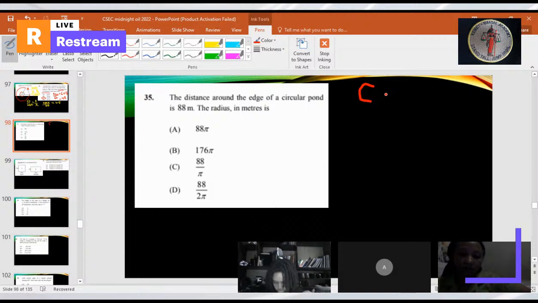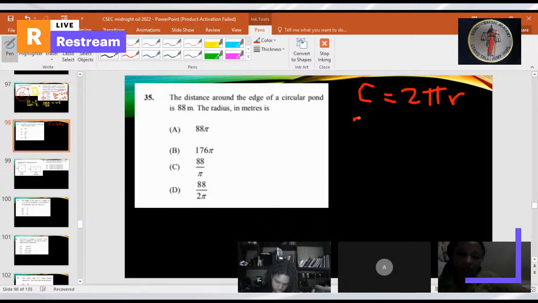The formula for circumference is 2 pi r, and they're asking for the radius, so it would be 88 over 2 pi,